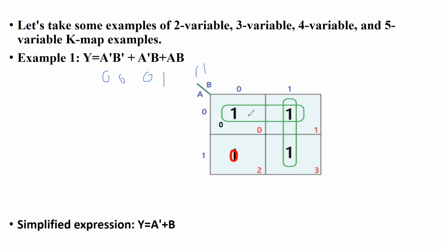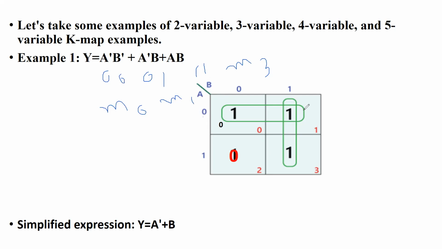Then I have 0, 1. So 0, 1 is this column, and I will make an entry over here. Then I have 1, 1. So this is M0, this is M1 and this third term is M3. So I will write 1, 1, 1. 1, 0 is not there, so 0. Once I make the table, I enter based on either this or M0, M1, M3, whichever is comfortable to you.